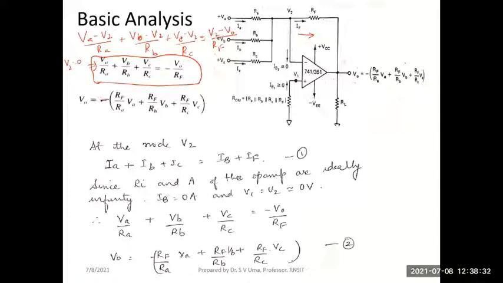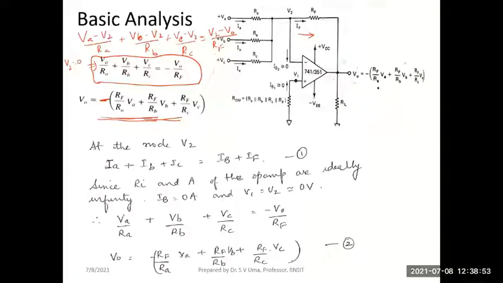Or if I take this negative sign outside, I'll have positive resistance ratios for each of the voltages. So this will be the final expression for output voltage in this circuit, which is known as a summing amplifier